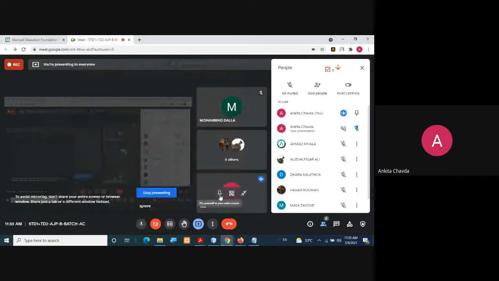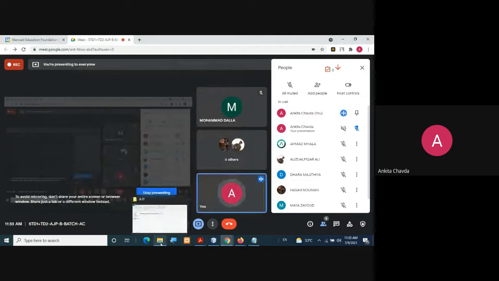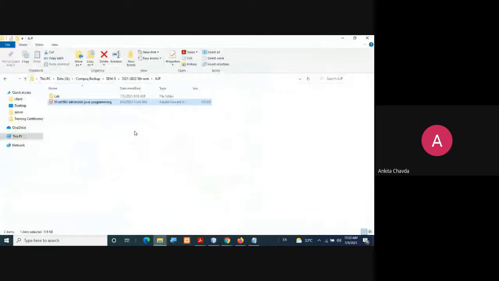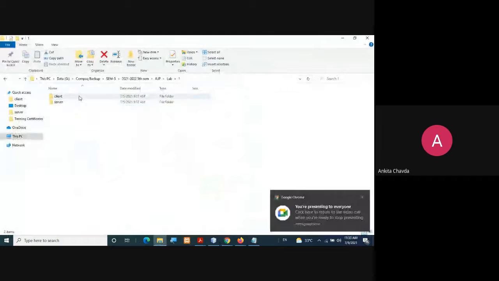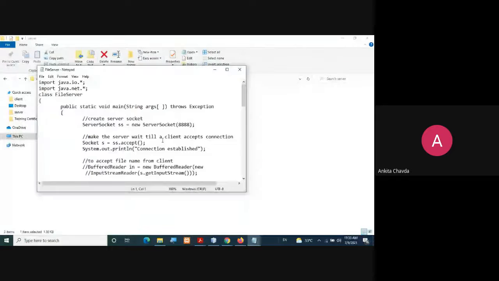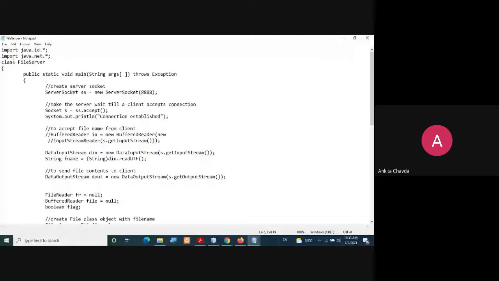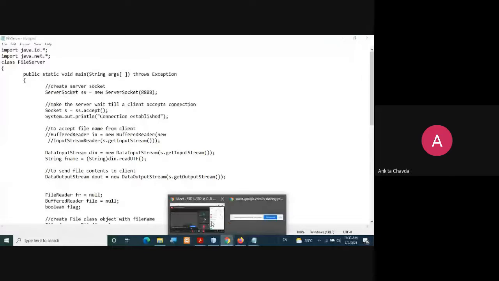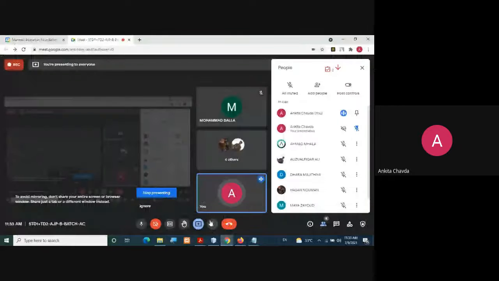Fine. So is it done? Or else we'll see how to do it. I'm showing you another way to run this, because we have seen that you can also run this from the CMD. So I'm showing you how to do it that way. See, this is my class file Server. I hope I'm audible and my screen is visible. Then I'll start speaking.